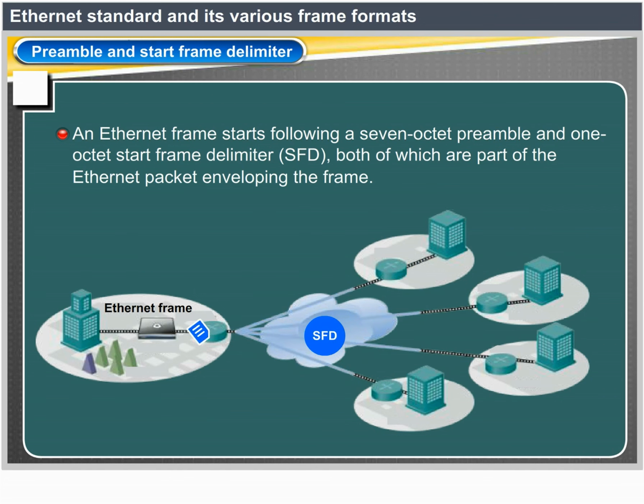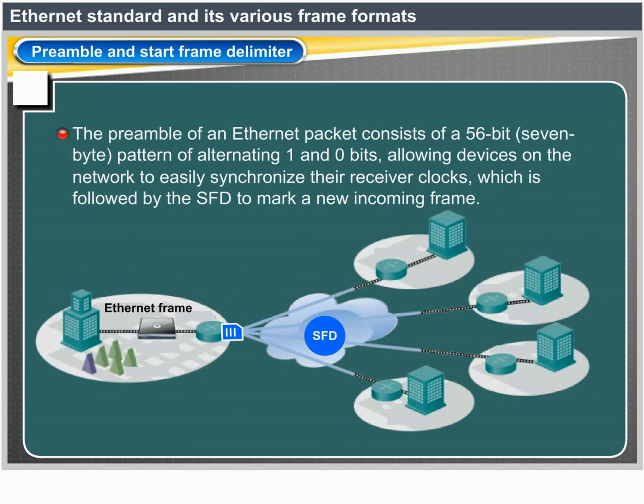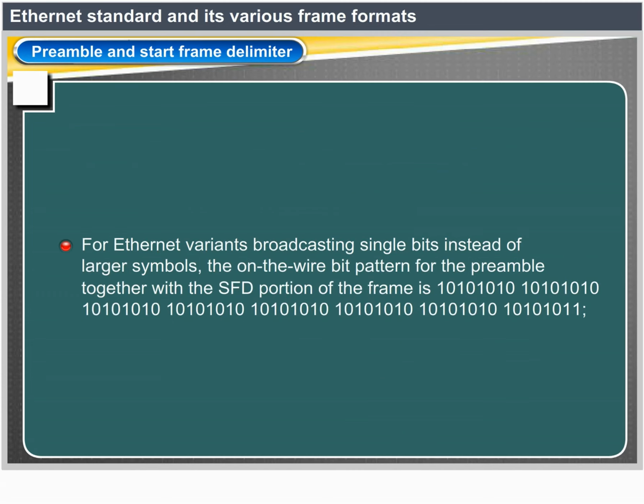The preamble of an Ethernet packet consists of a 56-bit, 7-byte pattern of alternating 1 and 0 bits, allowing devices on the network to easily synchronize their receiver clocks, which is followed by the SFD to mark a new incoming frame. For fast Ethernet variants transmitting single bits instead of larger symbols, the on-the-wire bit pattern for the preamble together with the SFD portion of the frame is